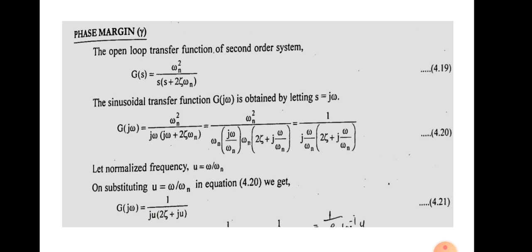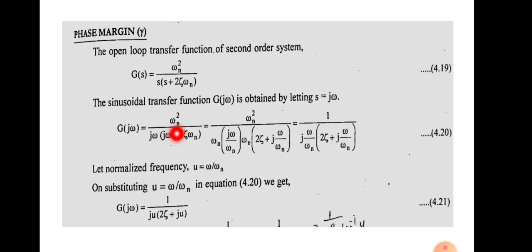Next is the phase margin, gamma. For finding out the phase margin, we are taking the open loop transfer function of the second order system. The open loop transfer function is G(s) equal to omega_n square divided by s into (s plus 2 epsilon omega_n). This is the open loop transfer function. And in order to get the sinusoidal transfer function, we have to substitute s equal to j omega. So we will get G(j omega) equal to, instead of s we have substituted j omega,